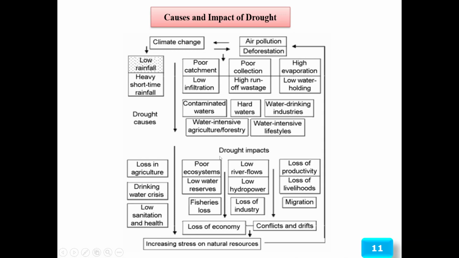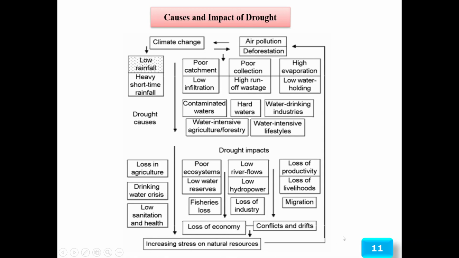Whereas the impacts are the opposite: the loss in agriculture, drinking water crisis, low sanitation and health. The drought impacts include poor ecosystem, low river flow, loss of productivity. The loss of livelihood also occurs through migration, so people need to migrate from their living places. Low hydropower, loss of industry. The poor ecosystem causes low water reservoirs, fisheries losses, loss of economy, conflicts and drift,